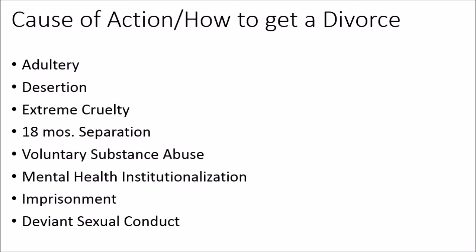With the advent of the no-fault divorce or irreconcilable differences, we don't have to worry about that as much anymore. But in the past, you had to prove adultery or desertion or extreme cruelty or the fact that you were separated for 18 months or more, or voluntary substance abuse or mental health institutionalization, or one of the parties was imprisoned, or one of the parties engaged in what was known as deviant sexual conduct. None of those causes of action are used with much frequency anymore because of the no fault divorce or